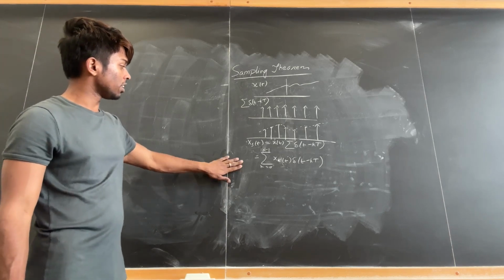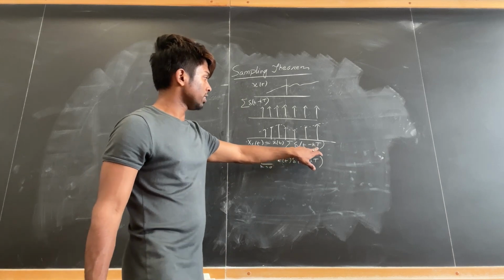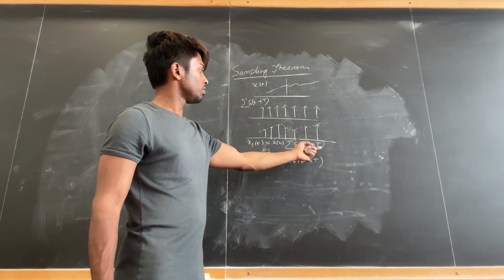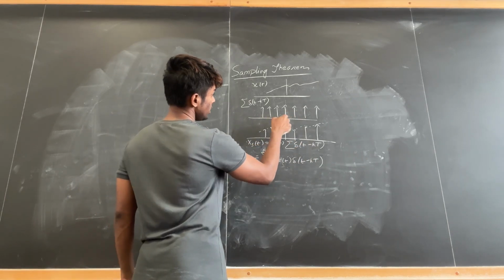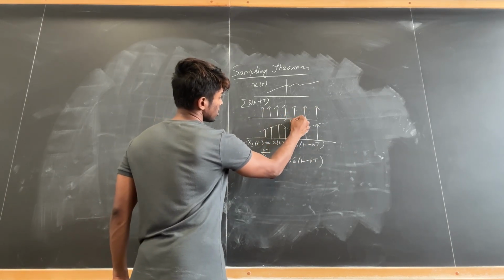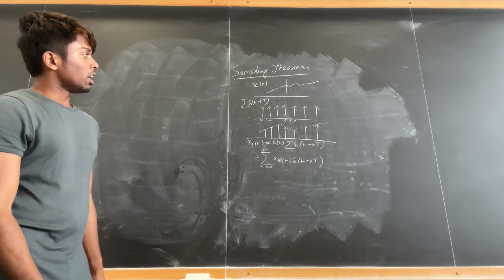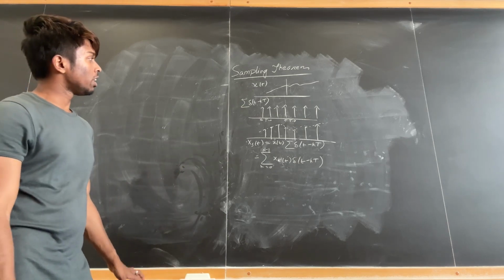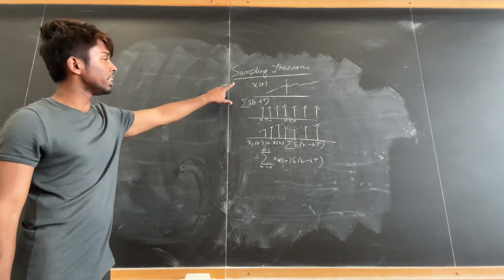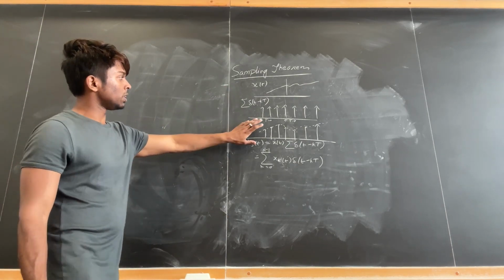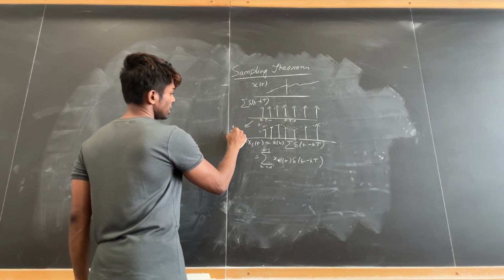Now we can do the sampling at a particular frequency. When we are doing the sampling, we are considering the period of the impulse train as some interval T. That means this impulse train repeats at every interval of T. Now the choice of the time period T specifies certain things. We have to understand what is the highest frequency component of x(t). So here T is basically representing some frequency 1 by T, right?